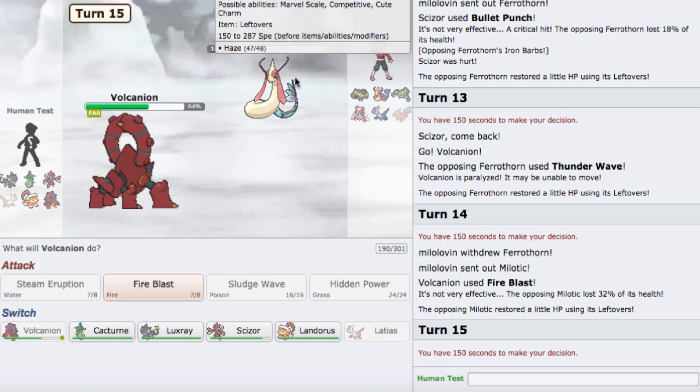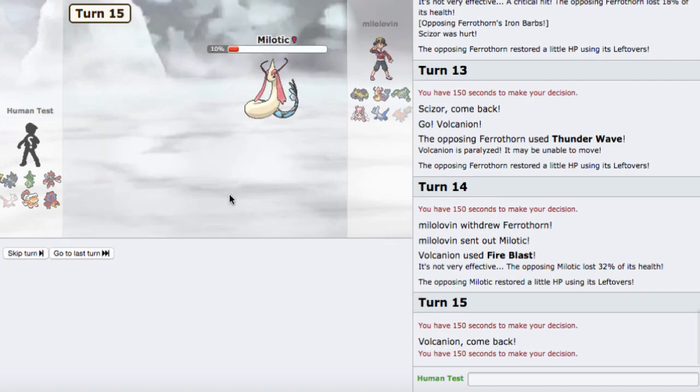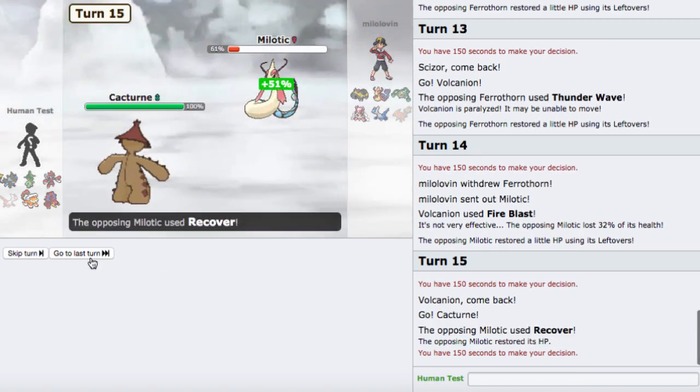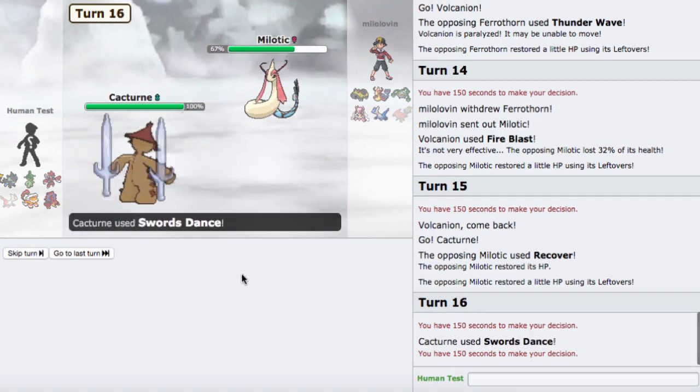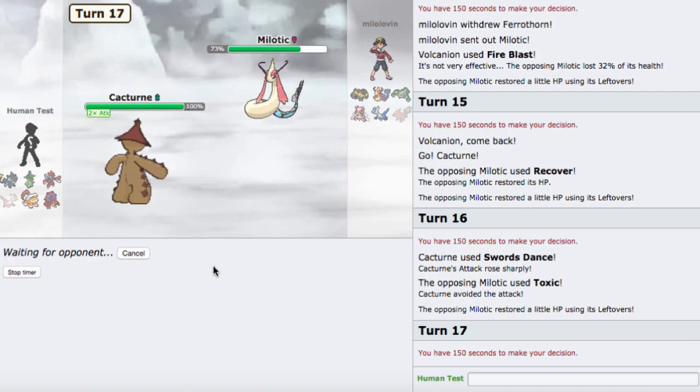Into, actually, doesn't Cacturne... wait a second. Doesn't Cacturne just wall this thing? Because Milotic, I don't think he's running Ice Beam or something, right? I just SD up here as he's running Toxic, it misses. Unfortunate, man. Unfortunate. Well, I don't think he could have really played around this thing, to be honest, because